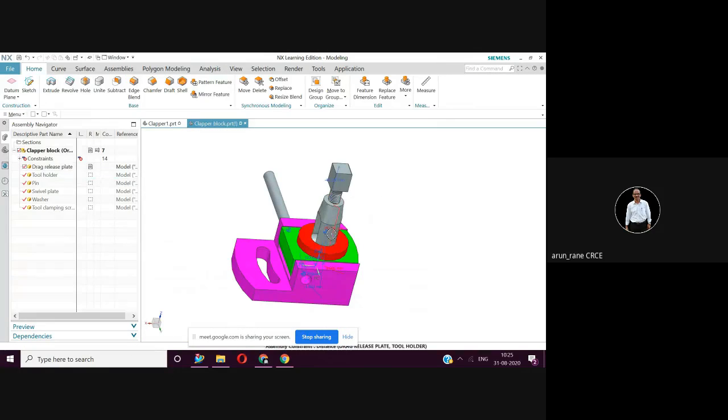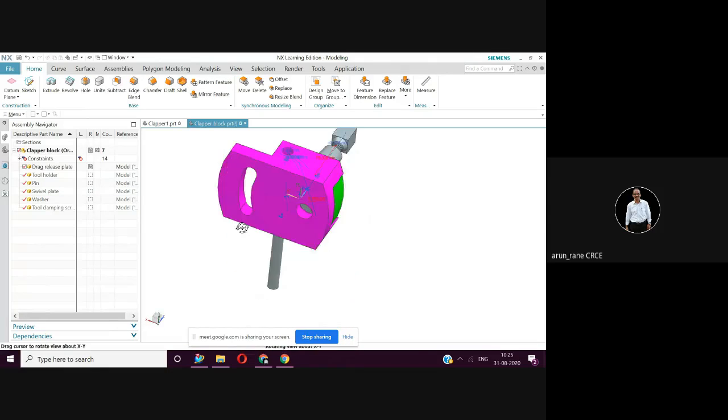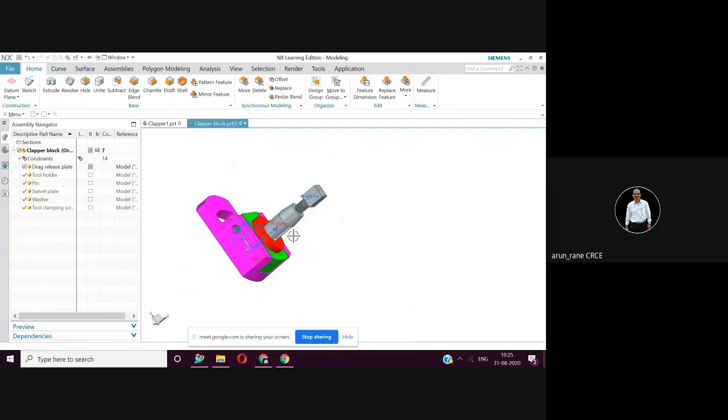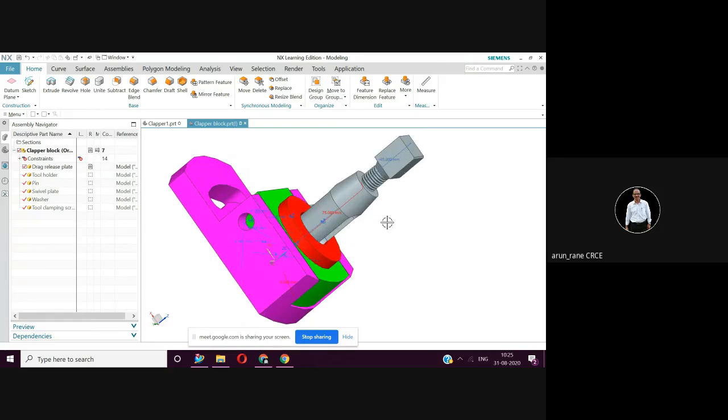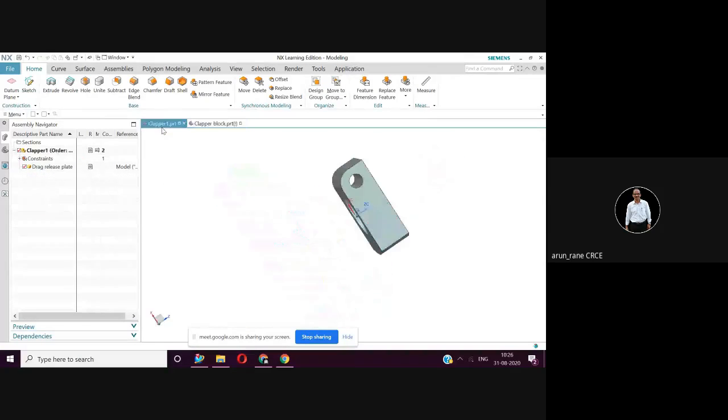See, this is how it should be. It should be in this direction. So I will come back to clapper 1.